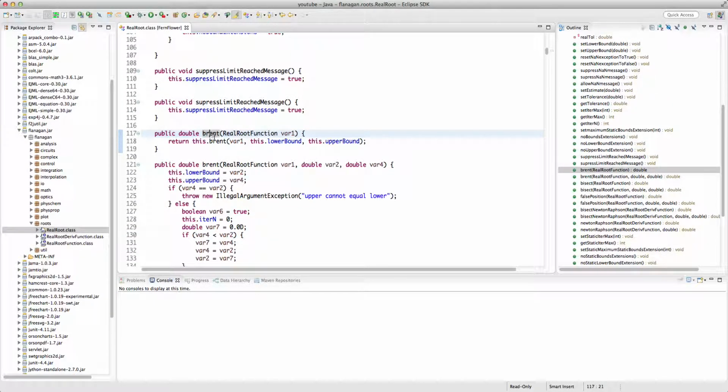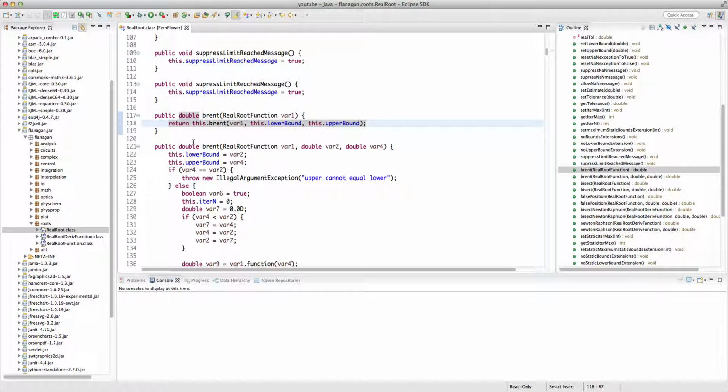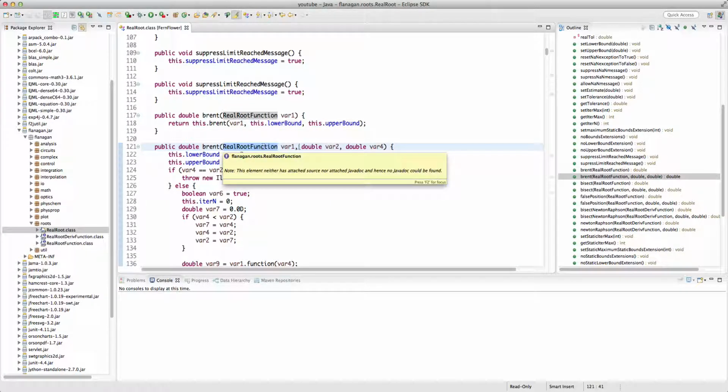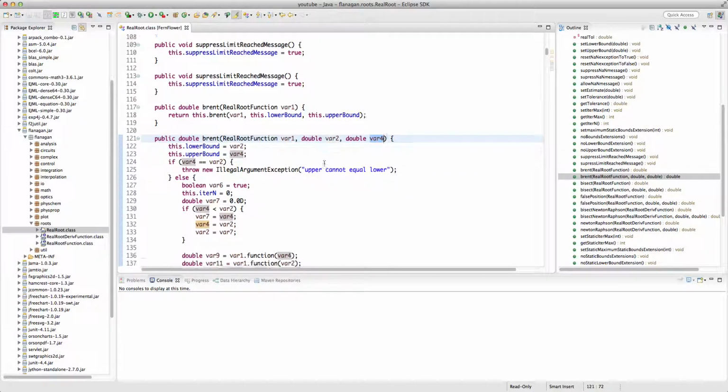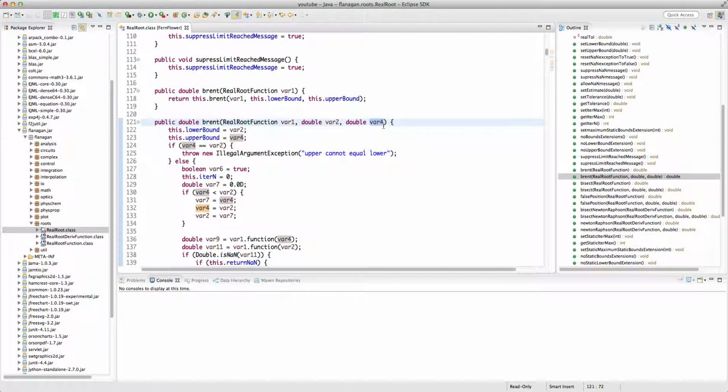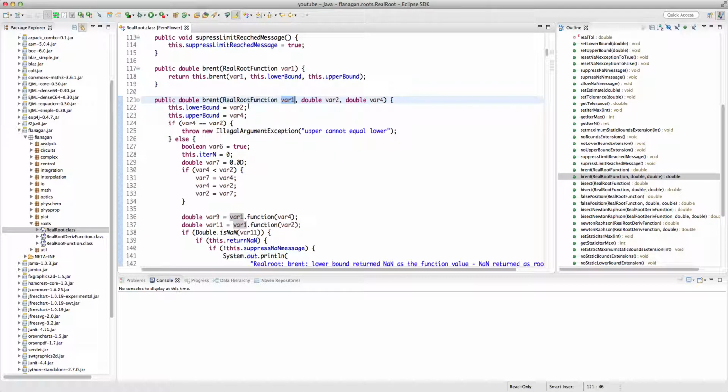The first one is the Brent method, which takes a real root function and then calls the general Brent method that has a real root function, the start of the interval, and the end of the interval. So var2 is the start of the interval, var4 is the end, and var1 is the actual real root function. When we call this, it sets the lower bound to var2, upper bound to var4,